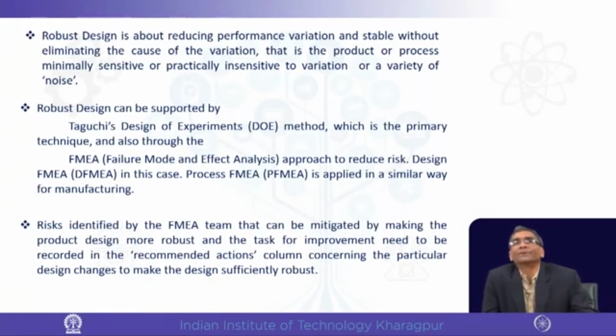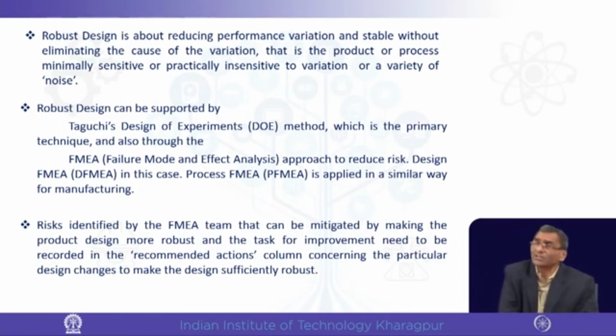Now, therefore, the objective of robust design is to reduce the performance variation, and how is it to be done? As I said, there are two methods primarily. One is Taguchi's design of experiment method, and the other is failure mode and effect analysis. I said in the beginning when I was discussing the concepts, and we have discussed both, that there is DFMEA and FMEA. We will discuss that. Risk is also taken into consideration through this FMEA,